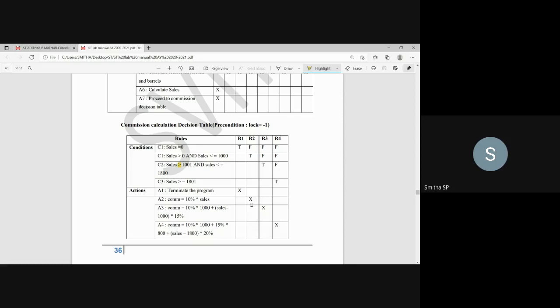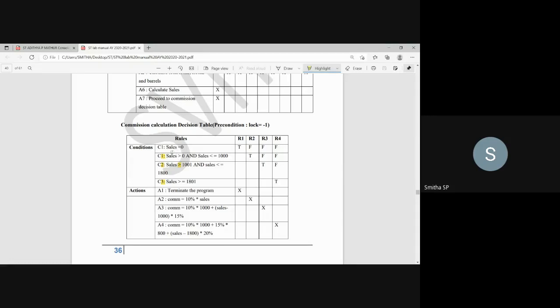So moving to the condition part, C4. There are 4 conditions. Please make this correction also: C1, C2, C3, C4, 4 conditions. Please make a note of it. There are so many mistakes in the manual. C1, C2, C3, and C4. So make a correction of this. Are you marking it? Making a note of it? Yes, ma'am.